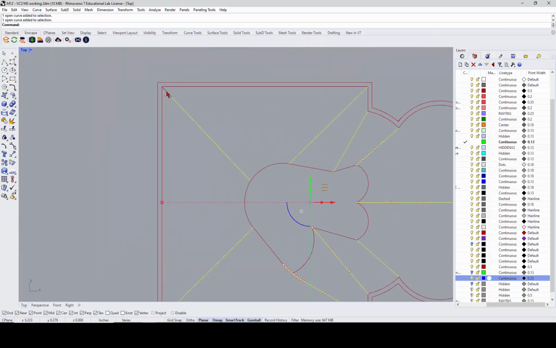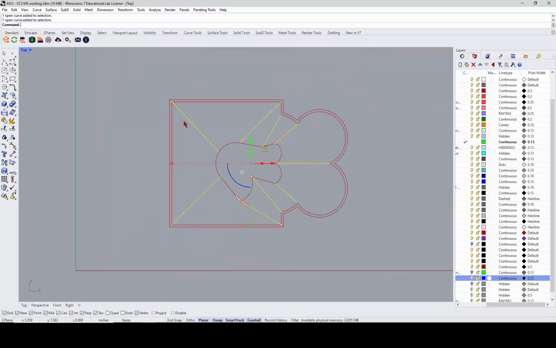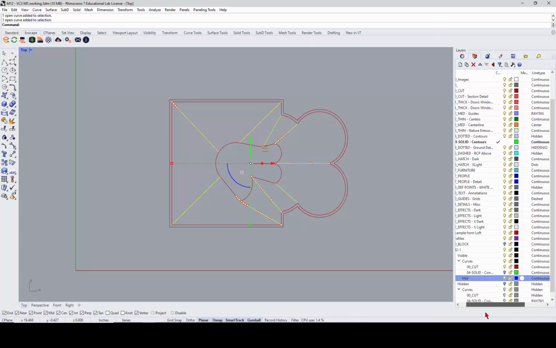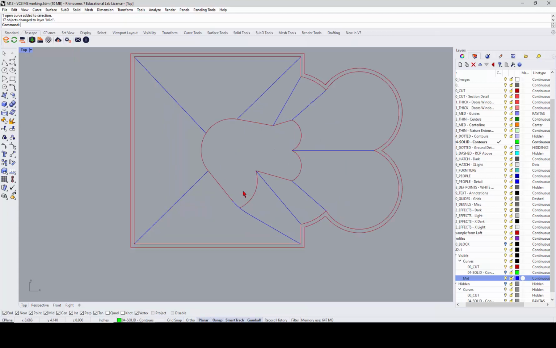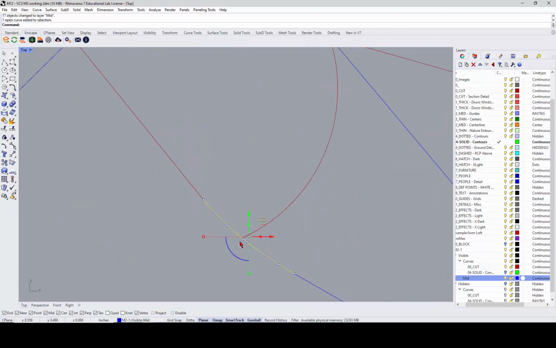Oh, that's a little overlap, that's all right. And we'll flip that to our new layer, which would be this one, so we have a separate layer to deal with. So I'll just change the object layer to that so you can see that, and we'll see over here, right? If I delete that, does it go away? Yeah. So what you can do is you can just split this